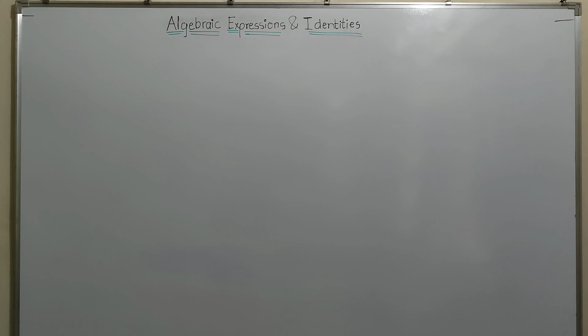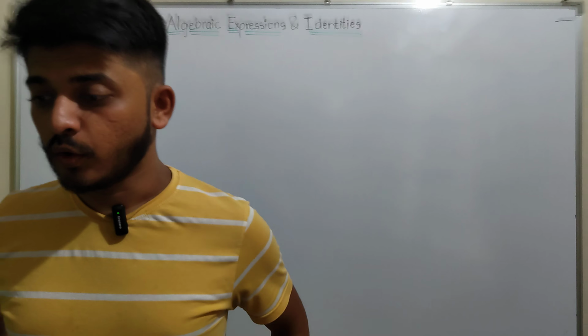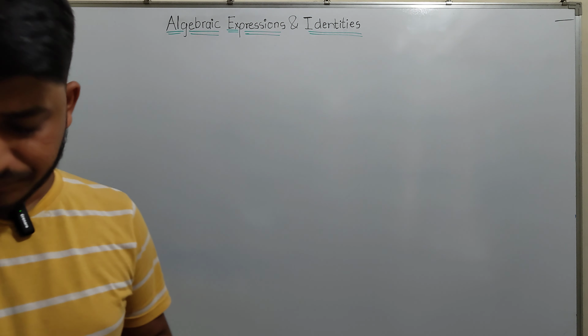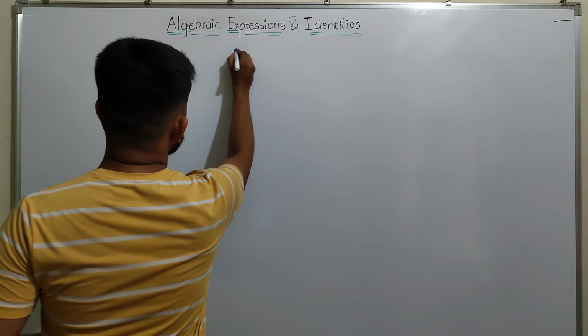Now moving towards exercise 8.2, we'll see the question first. We'll read it. Find the product of the following pairs of monomials. Now see here, in exercise 8.2,